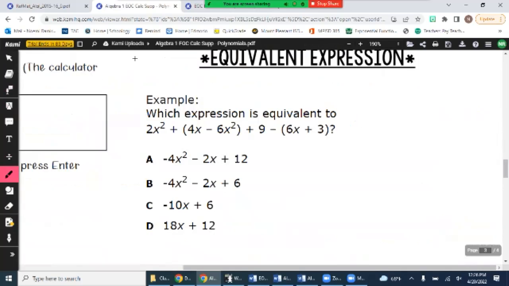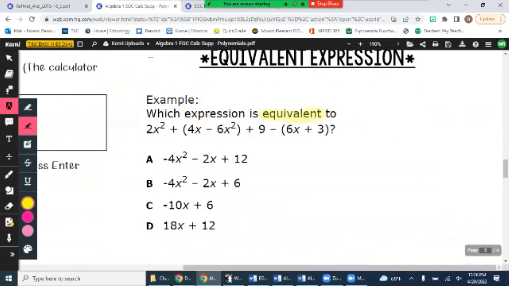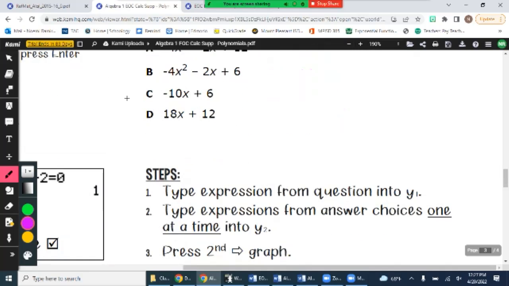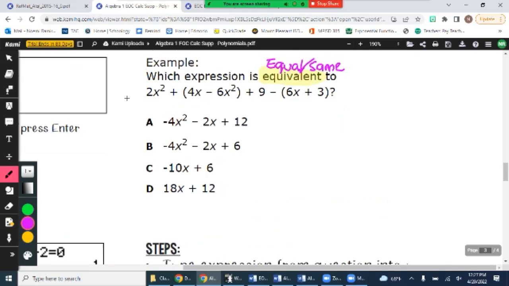Here it is. Which expression is equivalent? Highlight that. Equivalent. What does it mean to have something equivalent? Equal. It means equal. It means the same. So meaning if I work this out the long way, the hard way, I will end up getting one of these answer choices. Now, the easiest way to find the answer